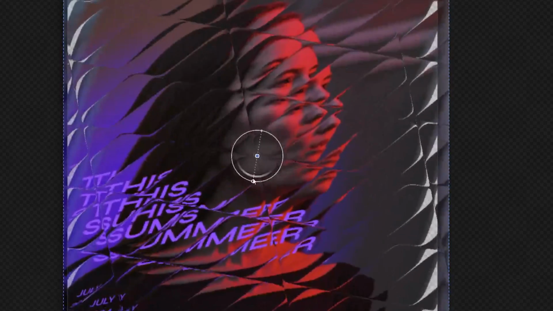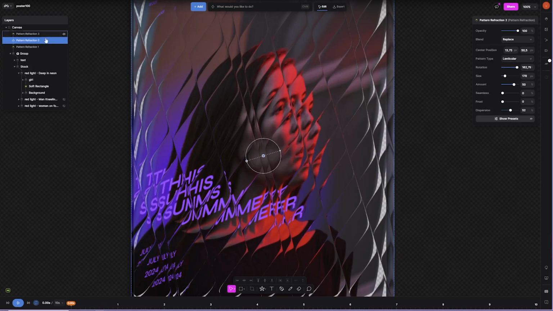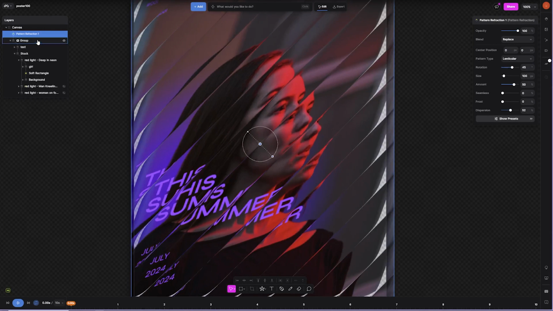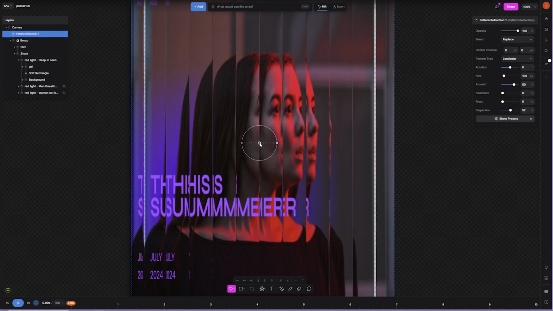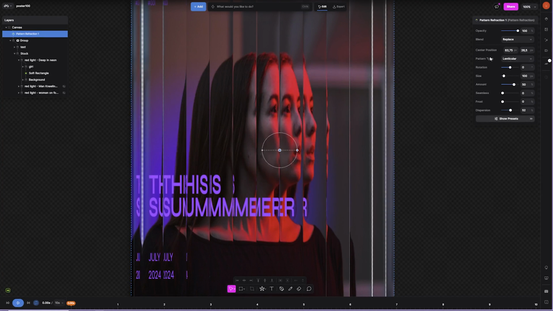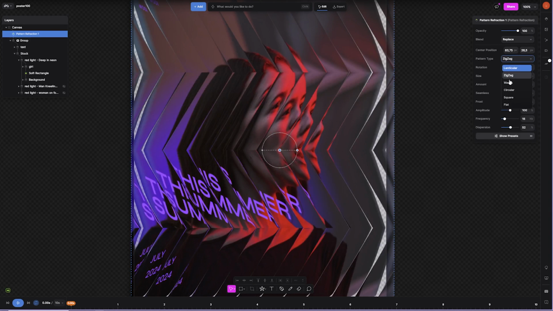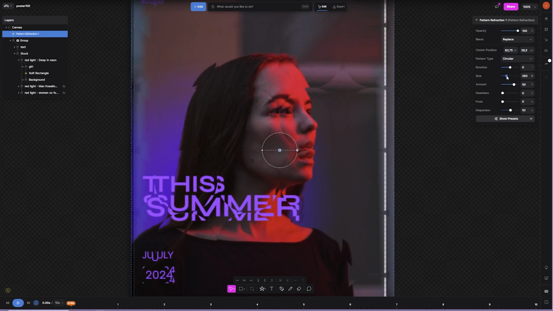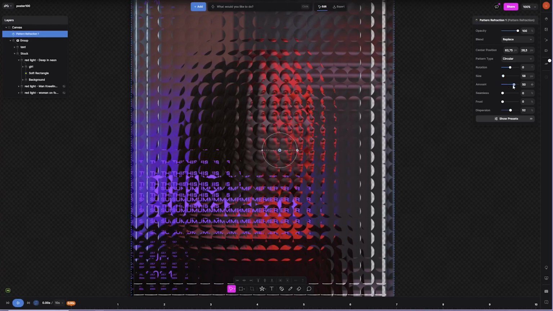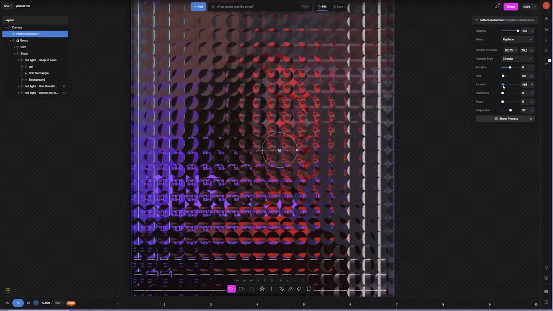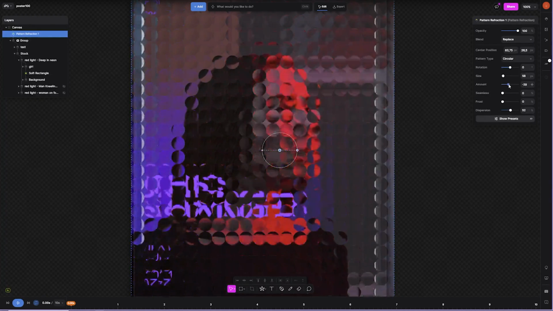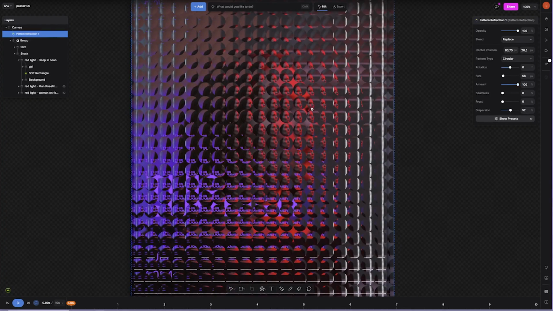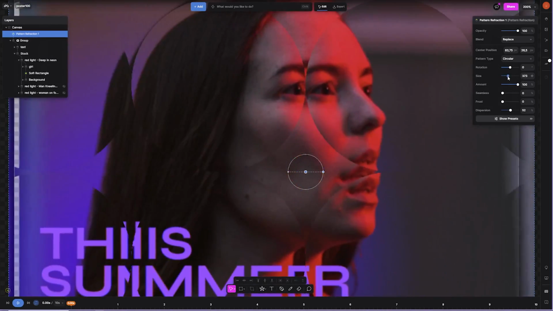And all these can be animated very easily. And I'm going to show you that too. So let me just not make it too complicated. I'm going to keep it straight. This pattern refraction, so hard to say this word, has so many shapes. So you can have a zigzag, you can have waves, you can have circular. The circular one is really cool. She can look like she's a fly with lots of eyes. And the way the amount goes negative, so she's upside down, and positive, so she's just super tiny. Let me zoom in. So this is super trippy,